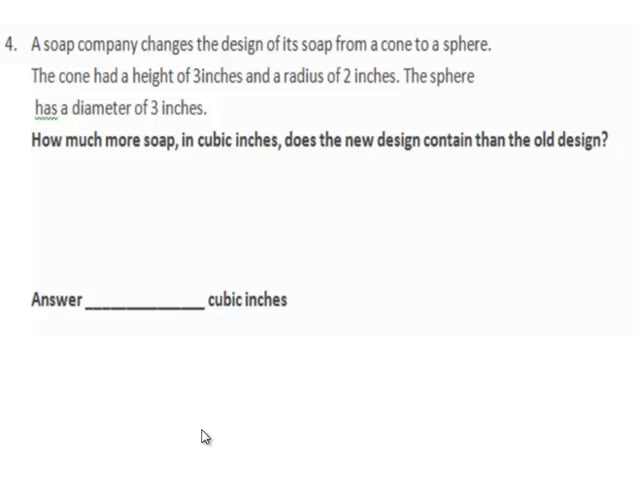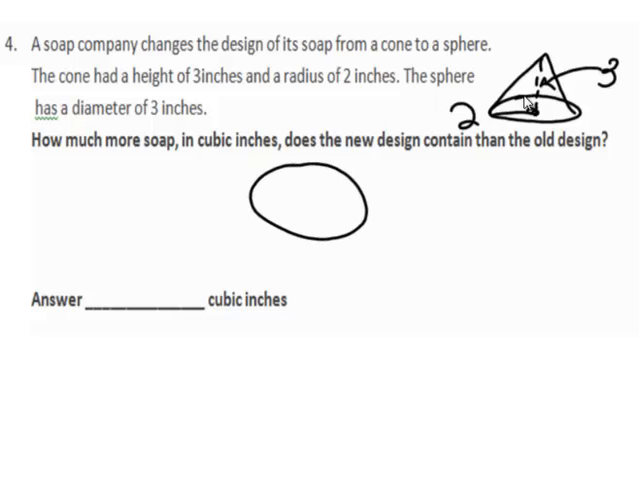So this is the second part of our e-learning activity to help you through that. A soap company changes the design of its soap from a cone to a sphere. So let's draw a picture. The cone has a height of 3 inches and it has a radius of 2 inches. Okay? So I need to figure out the volume of the cone, and then they changed it to a sphere,